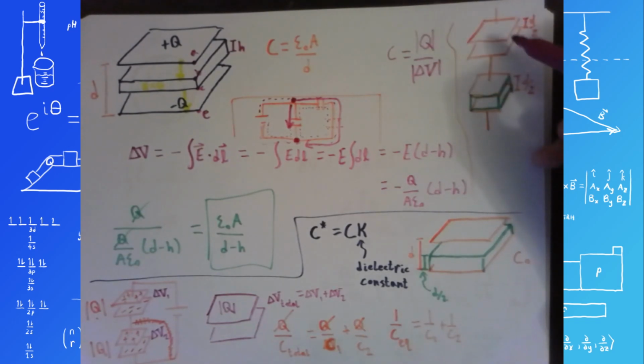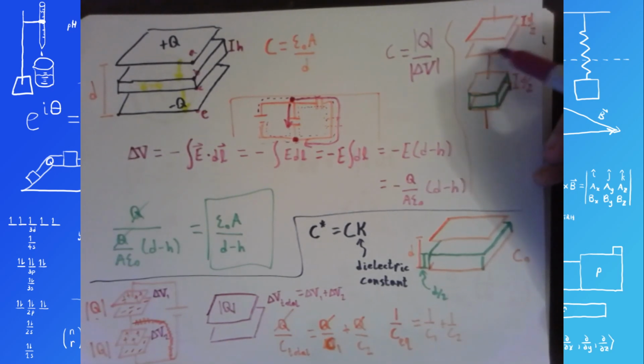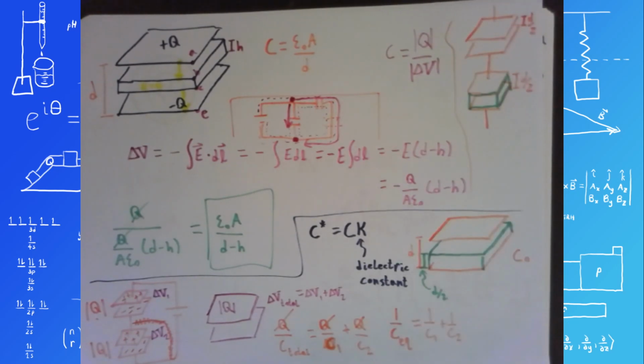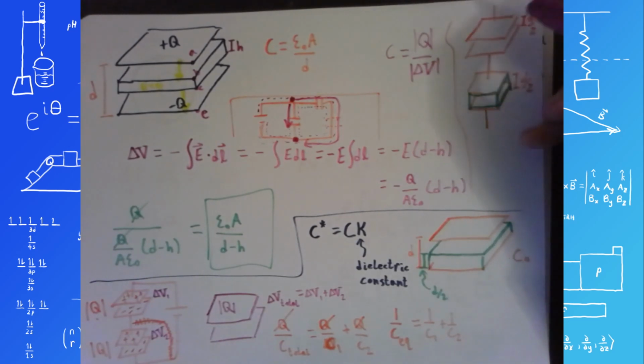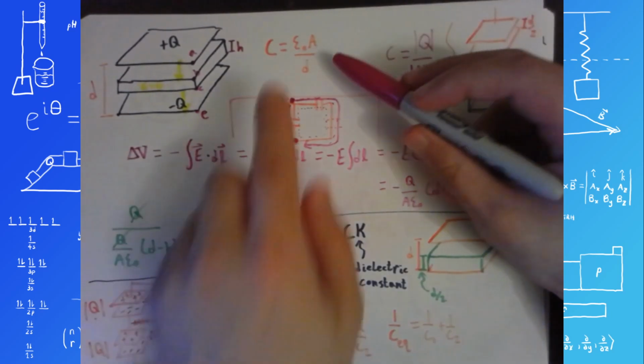So we can think of this as being the equivalent of two capacitors in series, one with a dielectric and one without. Let's see, how would we go about doing this one? So if I have cut this distance in half, then